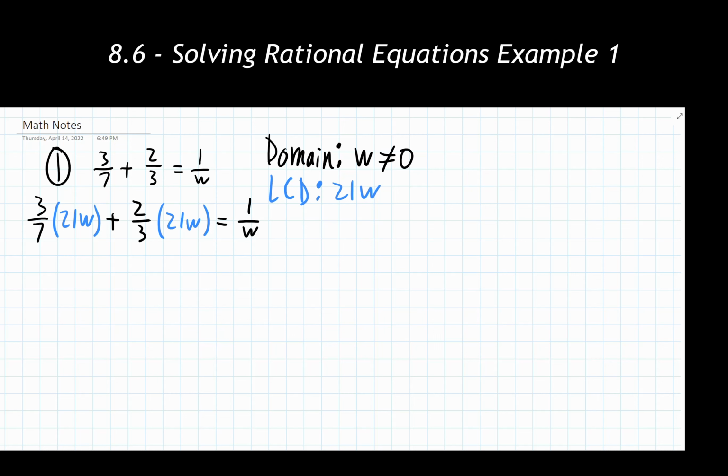The reason we do this is because each individual term that we have, each individual fraction that we're starting off with, is going to cancel with this lowest common denominator in some unique way. It doesn't mean that there can't be repeats of how things cancel out. That happens fairly frequently, but it does not mean every single thing is going to cancel the same way. So what we're looking at with this is,